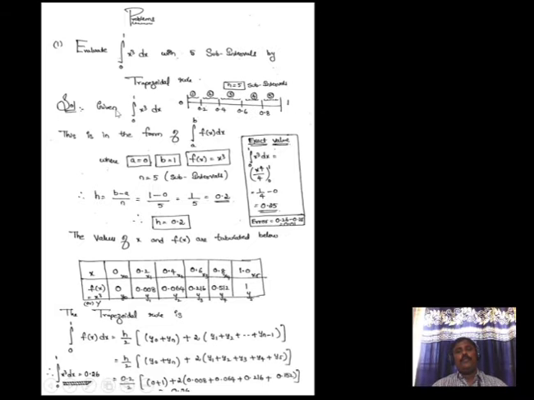First of all, we have to take the given values and see how many subintervals are given. He has given 5 subintervals, that means n equal to 5. We take the upper and lower limits, 0 to 1, and in between we have 5 subintervals. So we can calculate the h value: h equals b minus a by n. Here in integral a to b, a is 0 and b is 1, and h means the interval between values. Here n is given as 5.